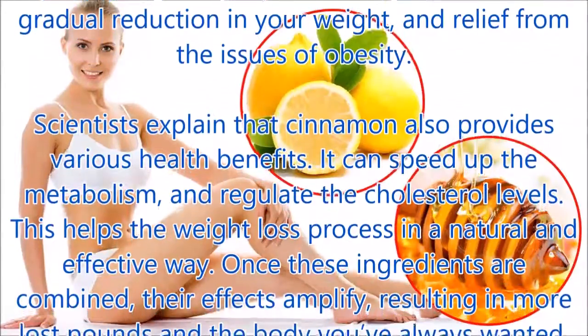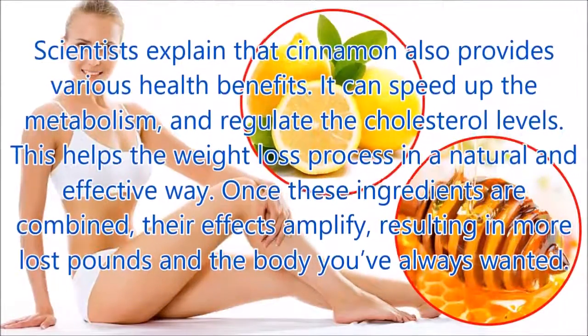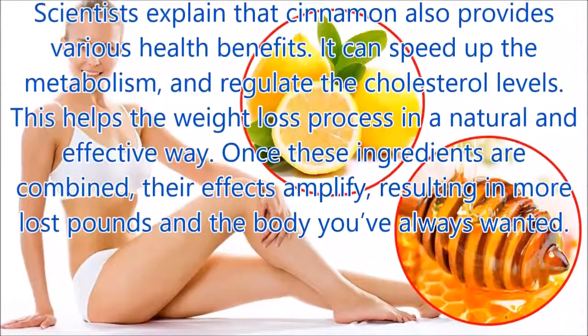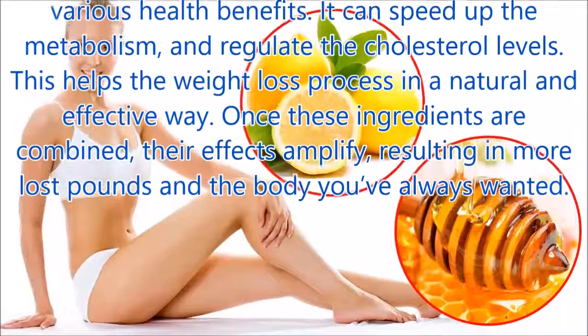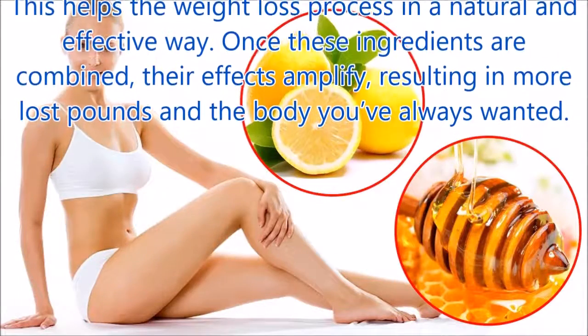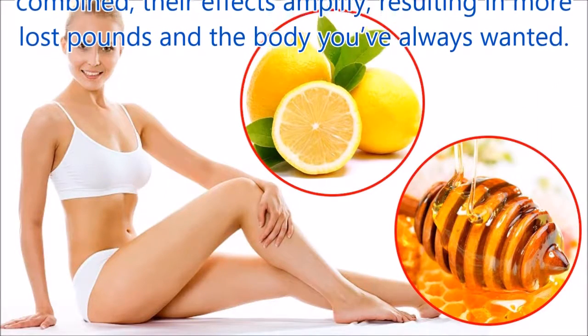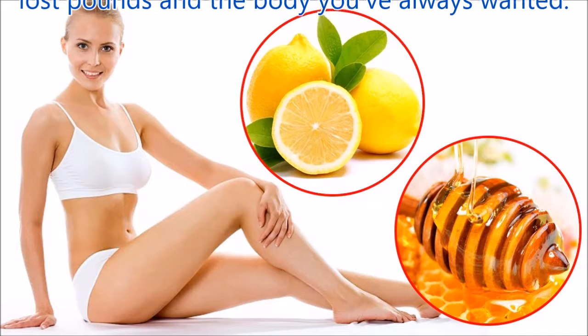Scientists explain that cinnamon also provides various health benefits. It can speed up the metabolism, and regulate the cholesterol levels. This helps the weight loss process in a natural and effective way. Once these ingredients are combined, their effects amplify, resulting in more lost pounds and the body you've